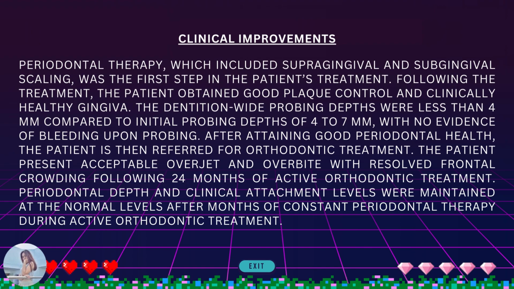After attaining good periodontal health, the patient is then referred for orthodontic treatment. The patient presents acceptable overjet and overbite with resolved frontal crowding following 24 months of active orthodontic treatment. Periodontal depth and clinical attachment levels were maintained at the normal levels after months of constant periodontal therapy during active